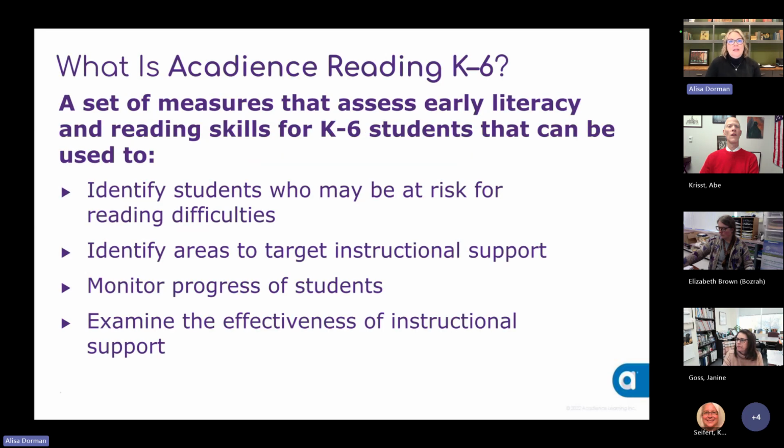So I always like to start again about the purpose of Acadients reading as an assessment. These assessments as Acadients all serve similar purposes when it comes to screening and progress monitoring. So starting with the one, Acadients Reading K6, that's the name of our product, you are implementing in grades K to 3. It is a set of indicator measures that help us to look at key skills along this continuum to catch kids who may be at risk for reading difficulty, to find the areas in which they are at risk so we can target support, to be able to monitor our support, and to be able to look at the overall effectiveness or impact of our instruction.